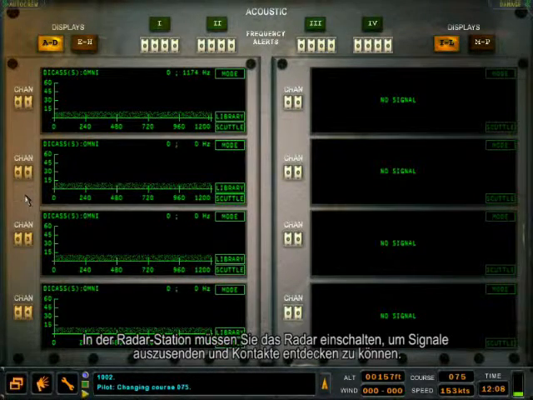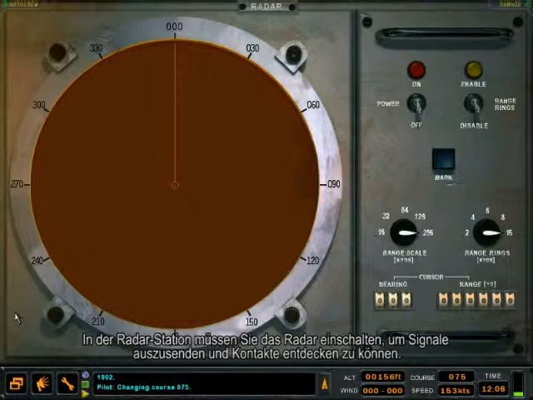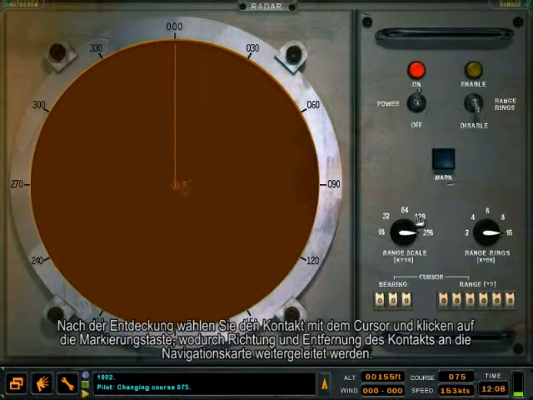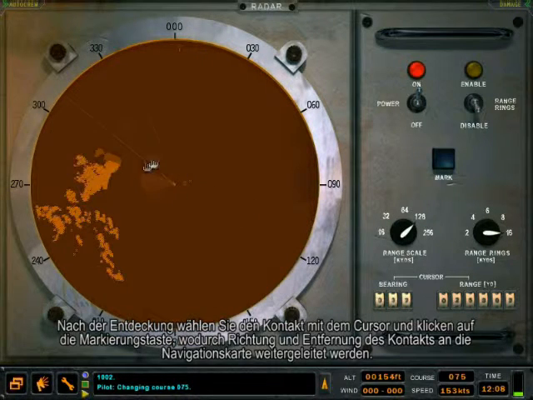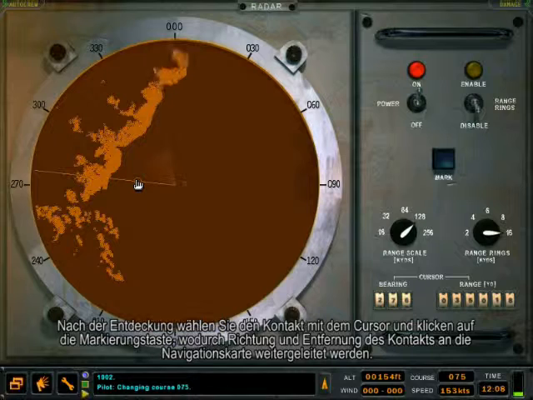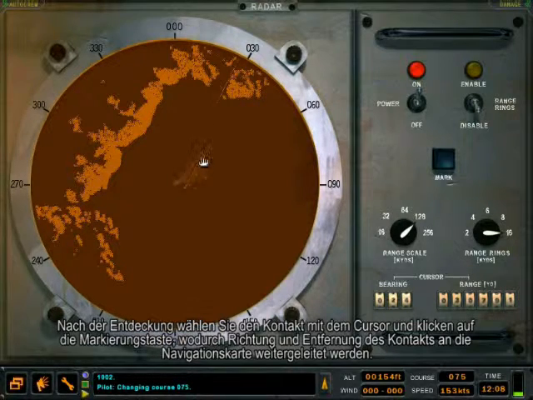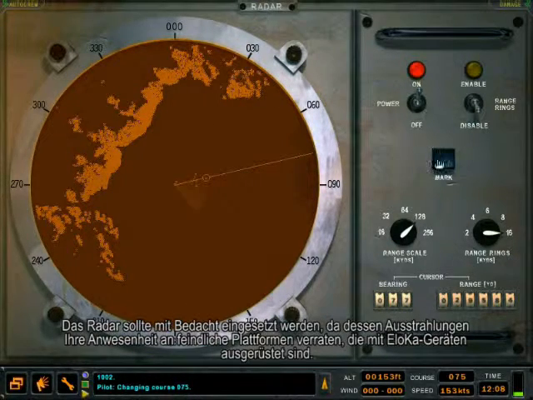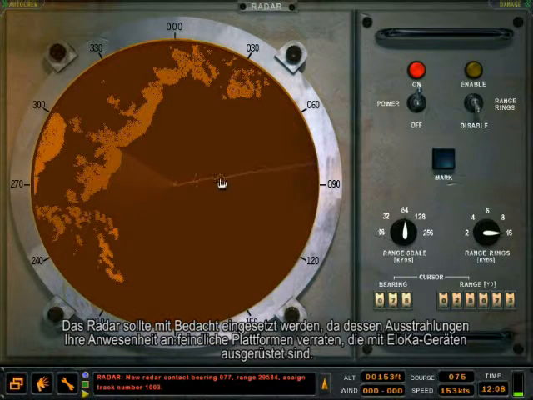When in the radar station, you must turn on the radar to actively radiate and begin to make detections. When a detection is made, you select the contact with the cursor and click the Mark button, which will relay the contact's bearing and range to the nav map. Radar should be used with caution, because when you radiate, you are revealing your presence to enemy platforms that are